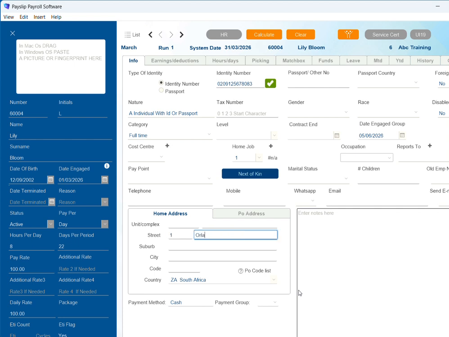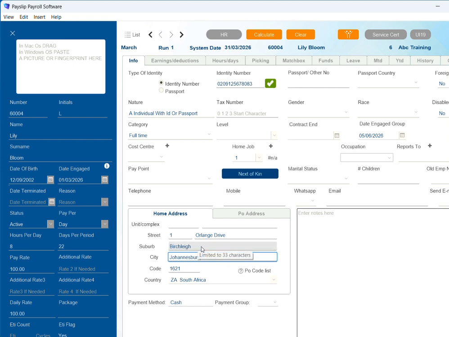This information is very important so that when you create your extracts to EasyFile, everything is complete and accurate for the IRP5 certificates or IT3 certificates.